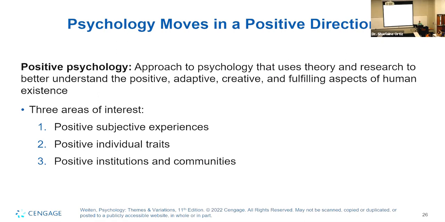Now, in this regard, what we are worried about is that approach, both in practice and research, that helps us understand the positive aspects that will allow you to fulfill your human existence, right? So for example, what your peer here was mentioning, someone who's schizophrenic may miss work, right? So we're looking at the symptom as it relates to that person's well-being. But in positive psychology, on the other hand, we are looking into what positive aspects this person with schizophrenia has that would help him improve his existence.